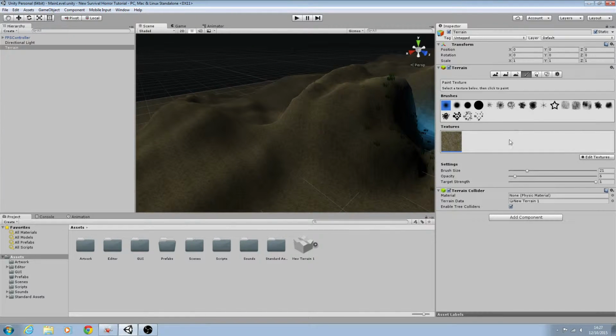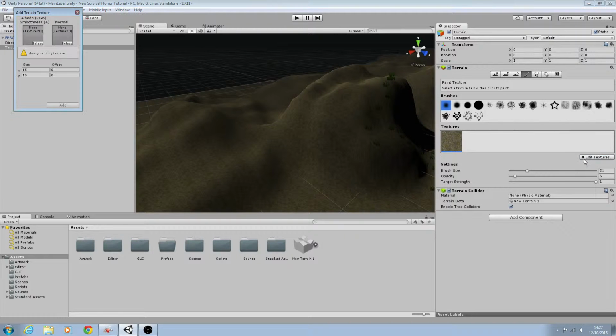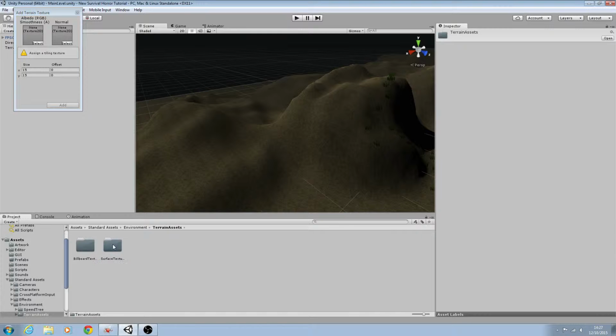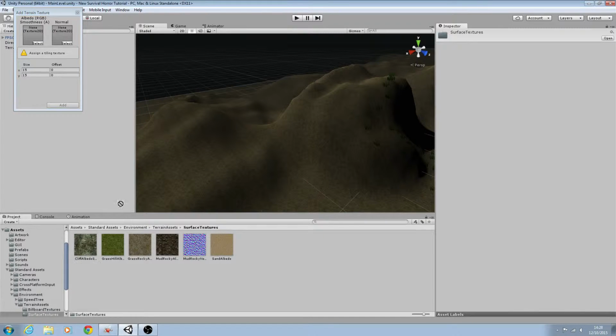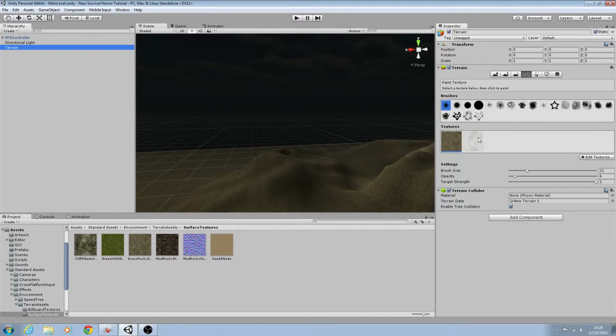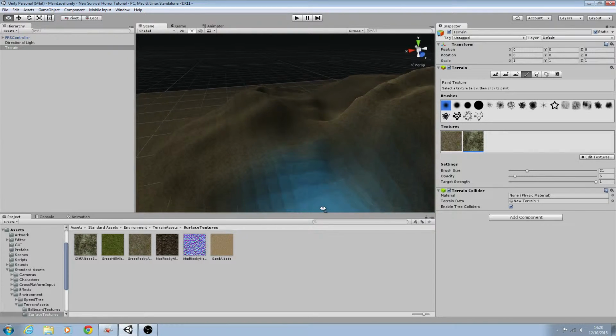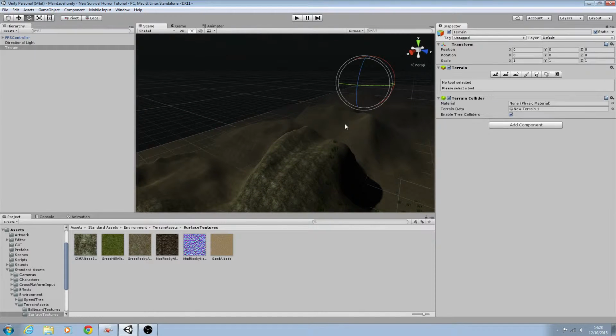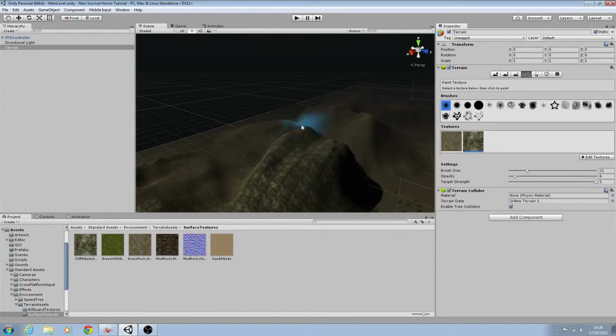And of course there are textures available, and if we want to add separate textures to our scene, we can just come here and click edit and add, and we'll come back to our standard assets and go to terrain and surface textures, and let's add the cliff one this time. I'm going to resize it to the same size we have our terrain one, and I'll select it in the editor,